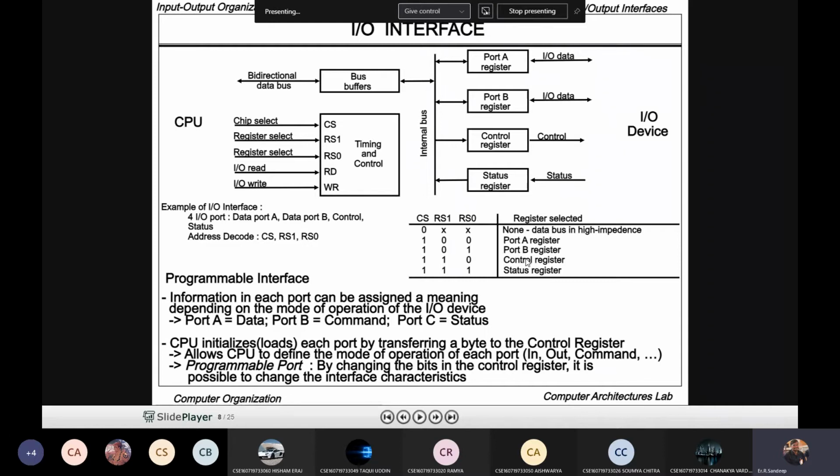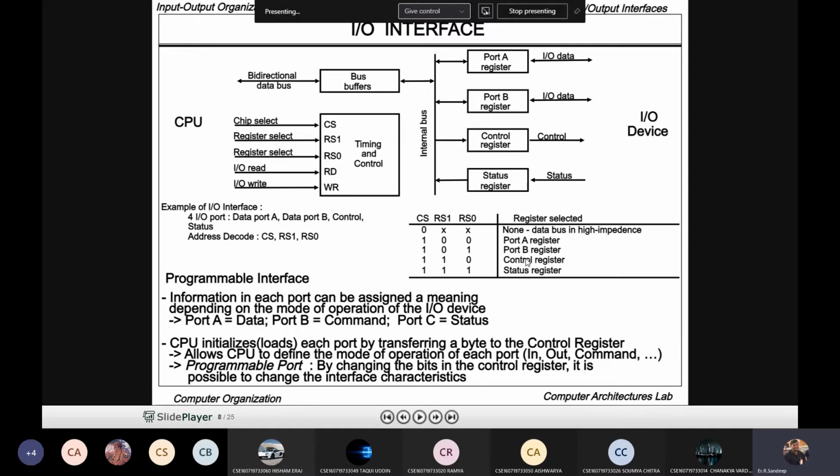The high impedance state is used in the case of a tri-state buffer. The tri-state buffer has 3 cases: input state, output state, and high impedance state. Input state means it will read the data. Output state means it will write the data. High impedance means it is not doing anything; it is ready to accept either input or output. So high impedance means an always active signal, ready for taking the data. Now, chip select will be enabled as 1 all the time if you want to perform an operation or select any register.